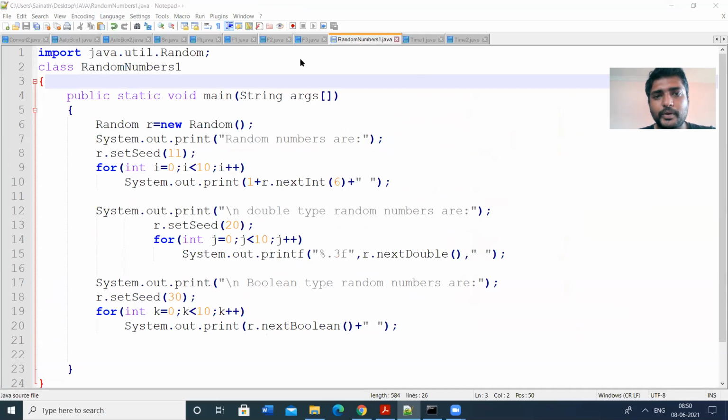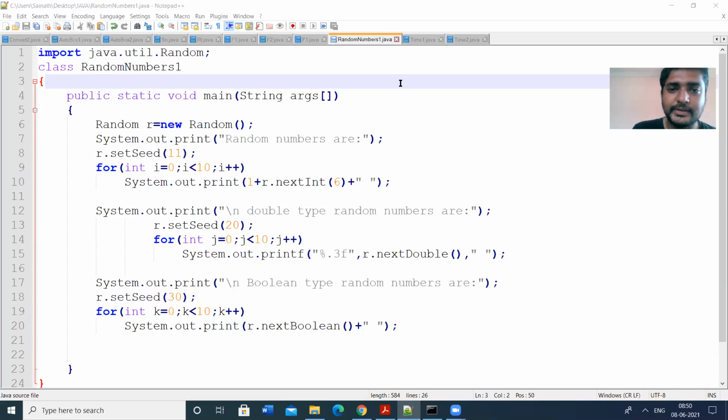So let us check the program. As the screen is visible to you, Notepad++. Let us generate random numbers of different types.